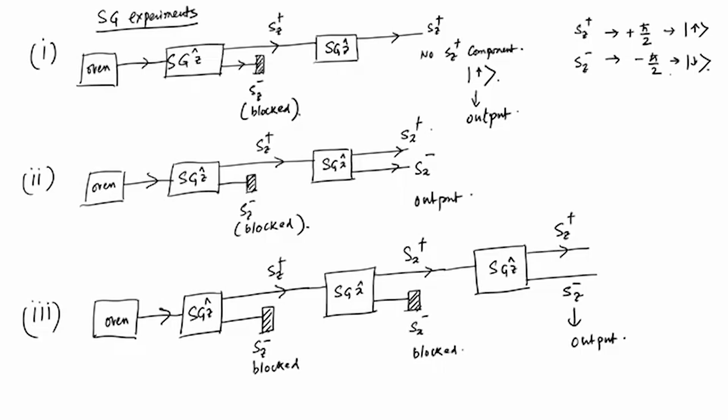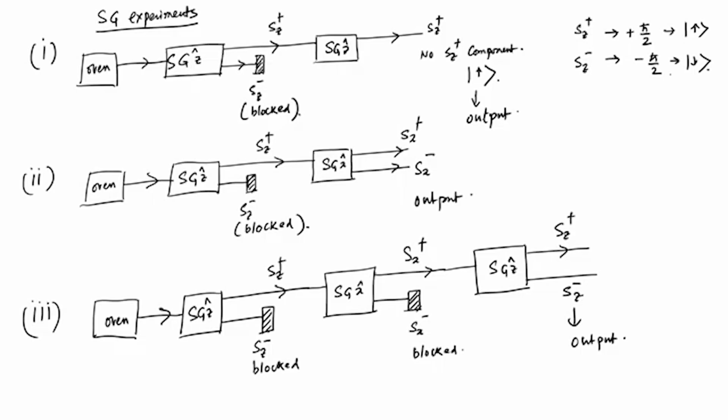So, if there are n0 by 2 and n0 by 2 in the second stage, comprising Sz plus Sx plus and Sz plus Sx minus, and then you have blocked the Sx minus, then you have to interpret that the final output in the presence of these three sequential SG apparatus is Sz plus Sx plus and